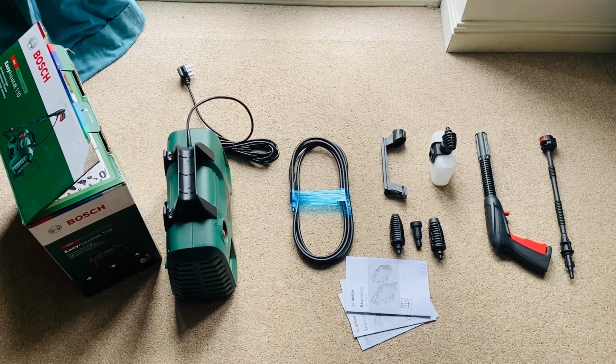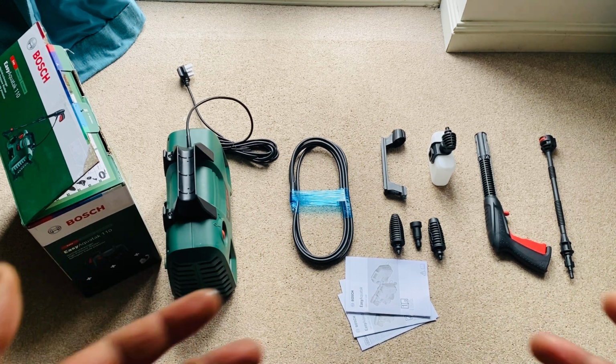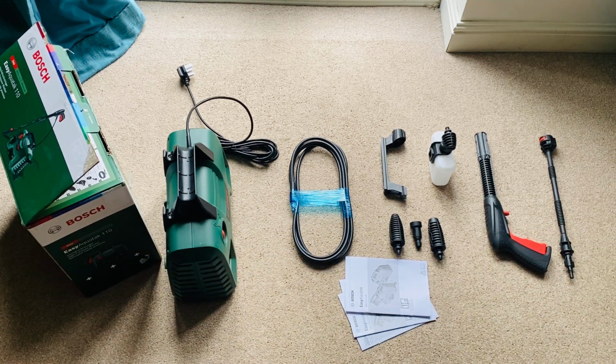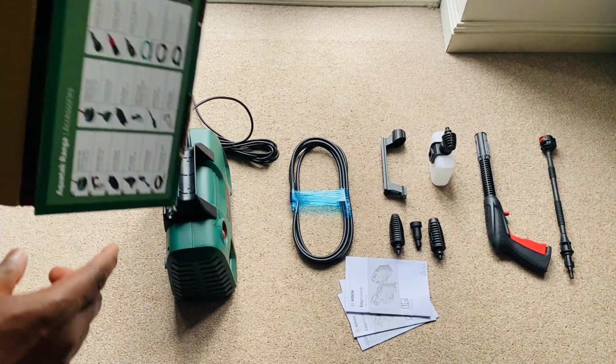I just received my Aquatak 110 power washer and I've done an unboxing. I've laid it out nice and neatly and I just want to tell you guys what comes in the box because I haven't seen one of those videos around. So, obviously you get the box itself, which is actually quite cool because on the box you can